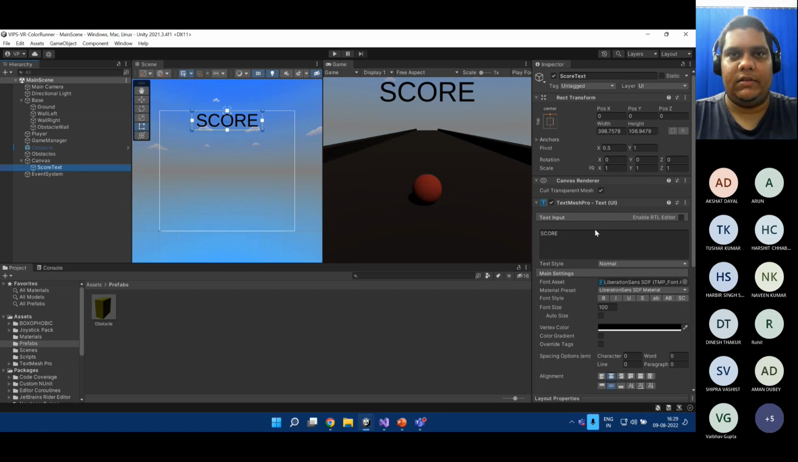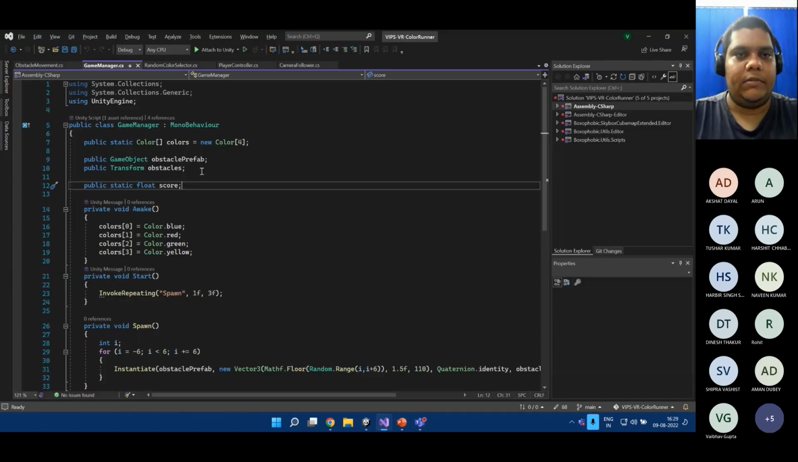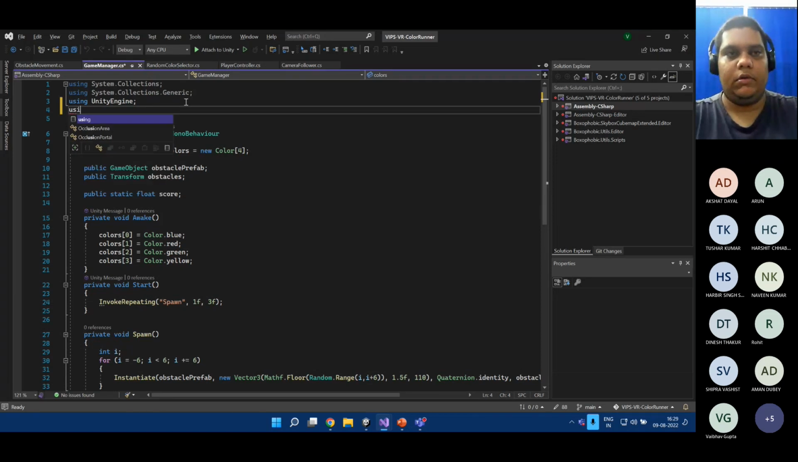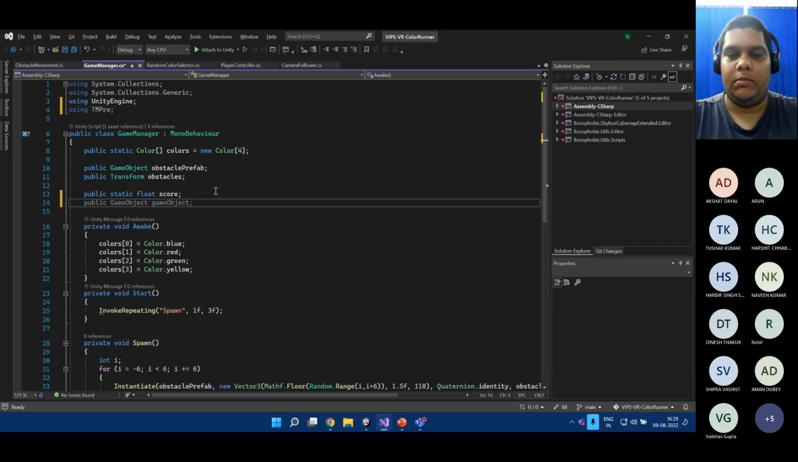We want to access this in the game manager, and that is where we'll update the score UI. So how do we do that? Basically, go to the game manager script. We already have this. For this, I hope you remember that because we are using Text Mesh Pro, we'll have to use TMPro, and then we'll create a